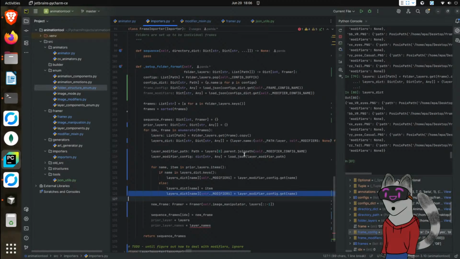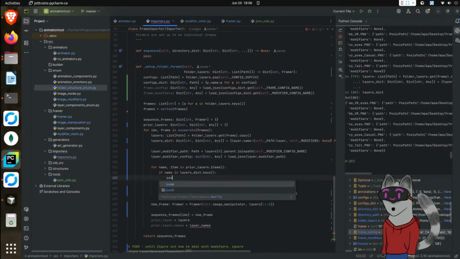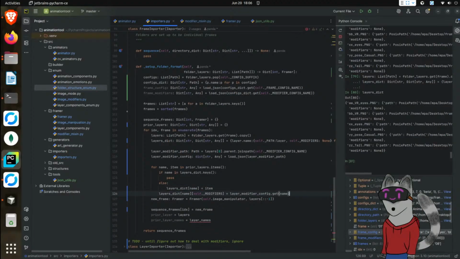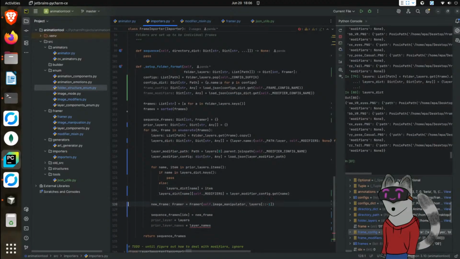In fact, because this is going to be run twice, all we need to do is, oh, no, I just remembered. Yeah, we need to do this. Okay then. And then last but not least, prior layers is now equal to layers dict. There we go. So why don't we go ahead and run this entire thing